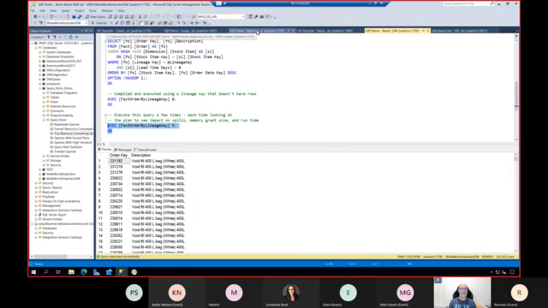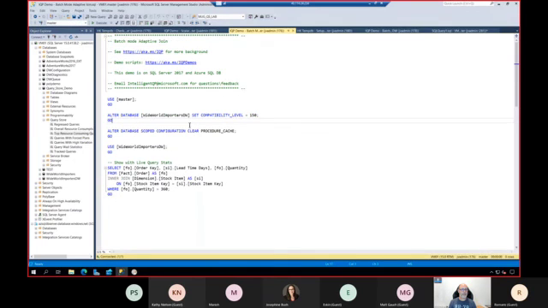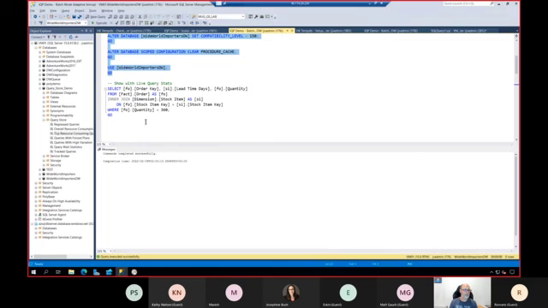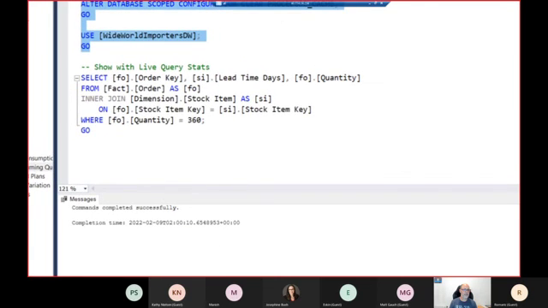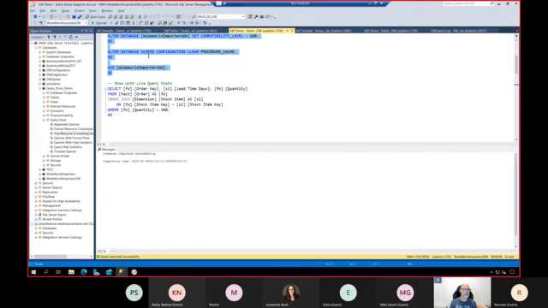For the adaptive joins here in this demo, I will do the same. I will clean the cache, and then I have just a simple select statement with a join, right? We see the join here with two tables, orders and stock item. I will enable the live execution plan.